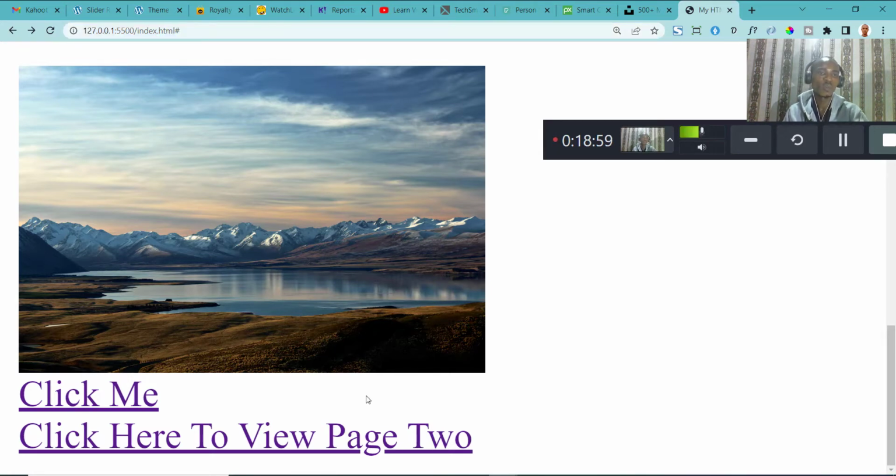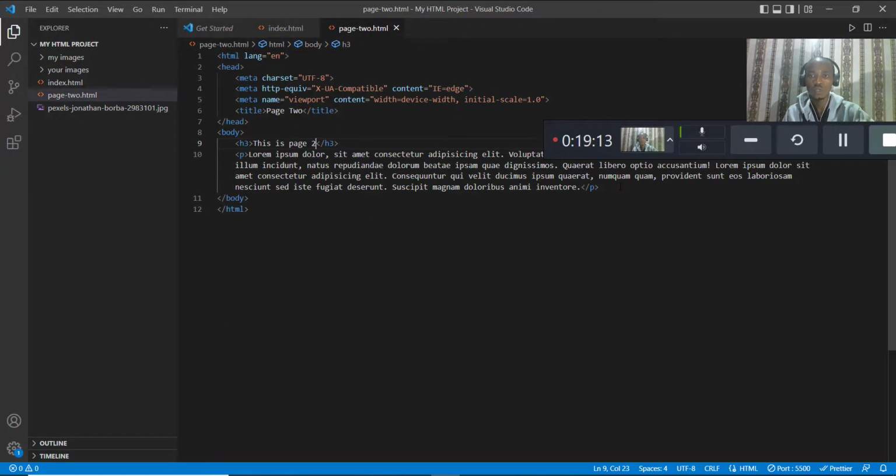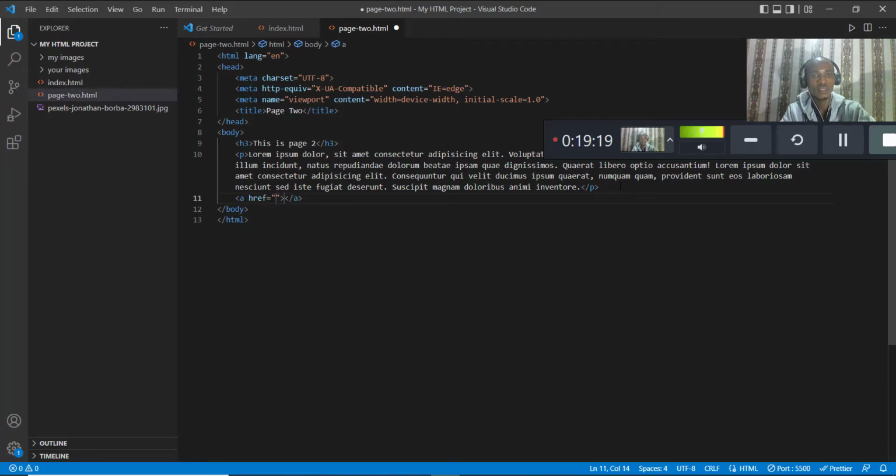Now you can see that we can move from index file to page 2. Why not let's create another link inside page 2 such that we can now move back to the index file. So let's see quickly. So let's go back to our second page, which is page 2. So under this place, it is still the same thing we need to do. So just add your anchor tag. Yeah, then you can say let's say hash for now. So then we can now say click